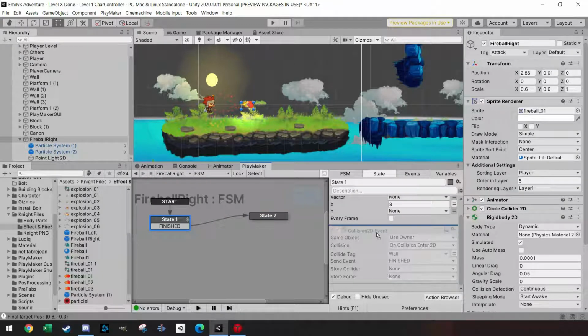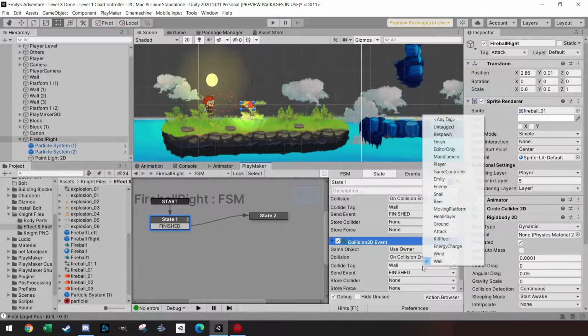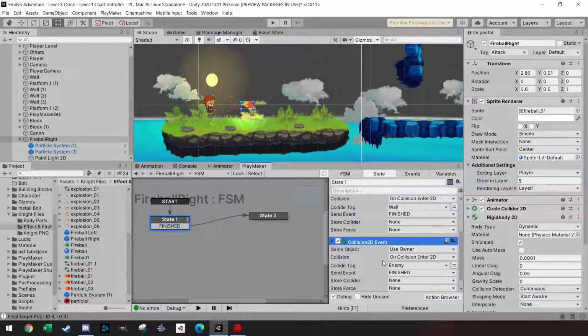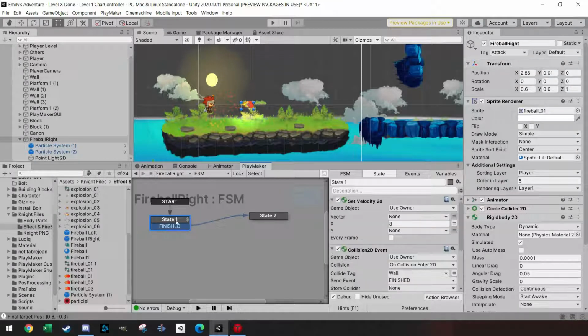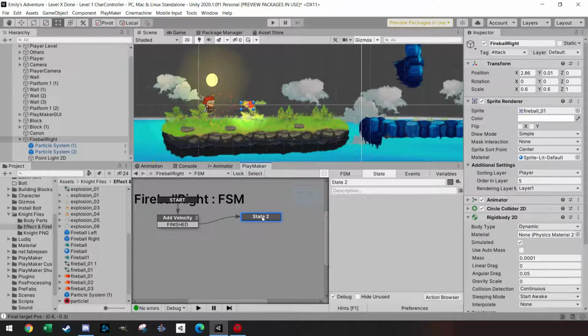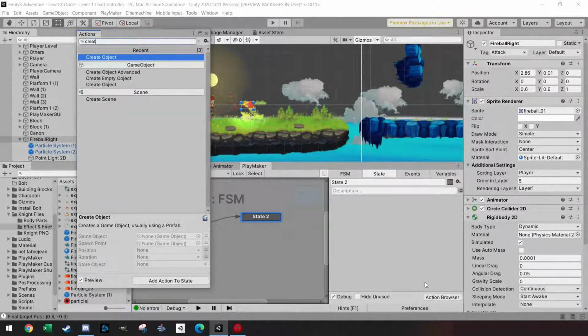And of course, you can just copy paste this, and in the wall you also should have the enemy there. And on the enemy, you can do the enemy control of getting damage. I will cover that in the next tutorial. So this one is the add velocity, right? And the next state is if once I collide something, I want to create an object,